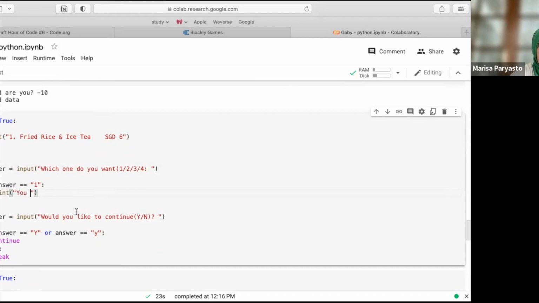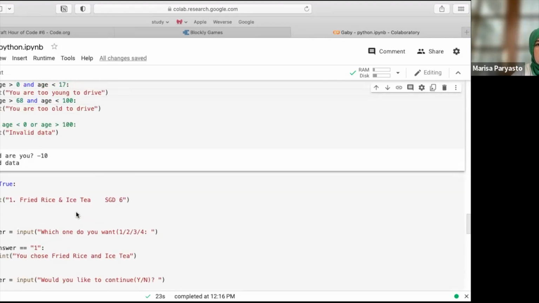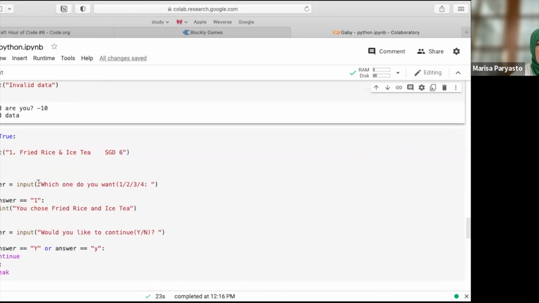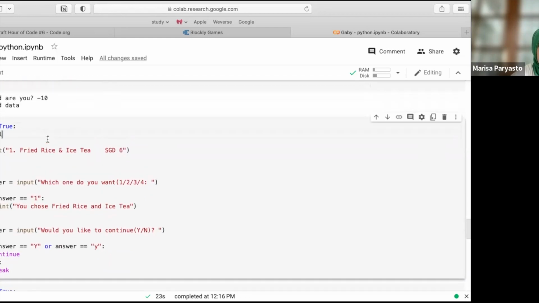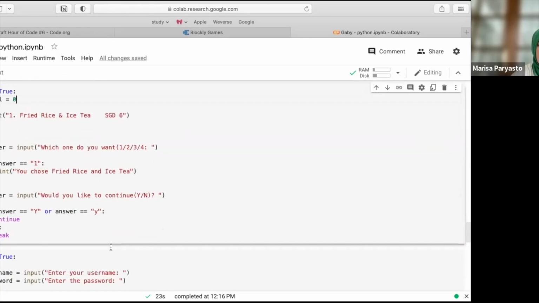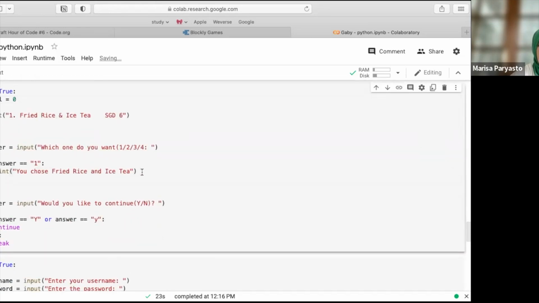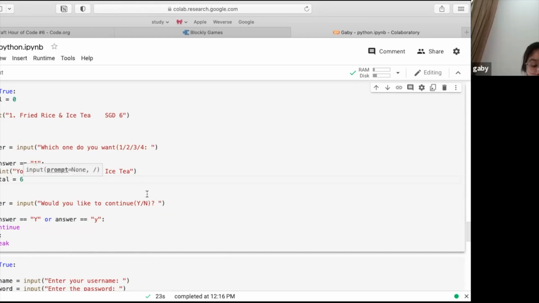You chose fried rice and iced tea. Then we can always do this. Total equals 0. But when they choose number 1, then the total will be 6, right? Then after finished,